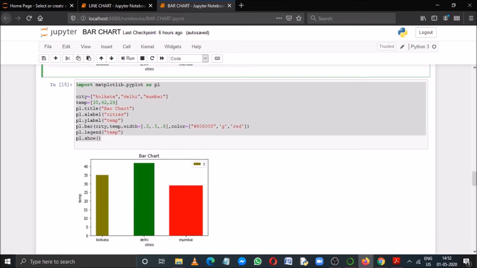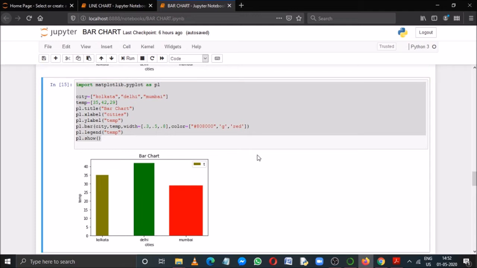Now suppose you want a different color for each of the different bars, that's also possible, like the width attribute. Here you just need to write the color attribute equal to, then within third bracket in a list format you need to mention the color names for each of the bars.